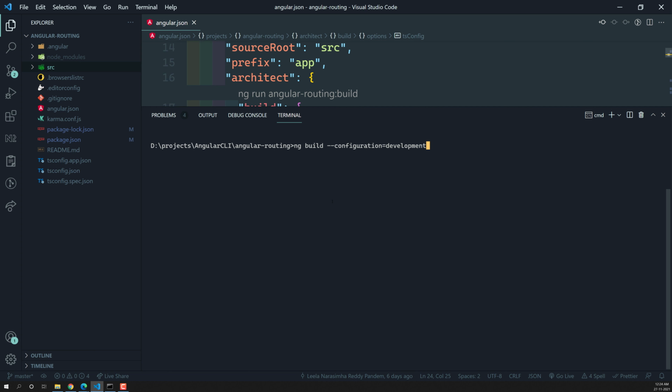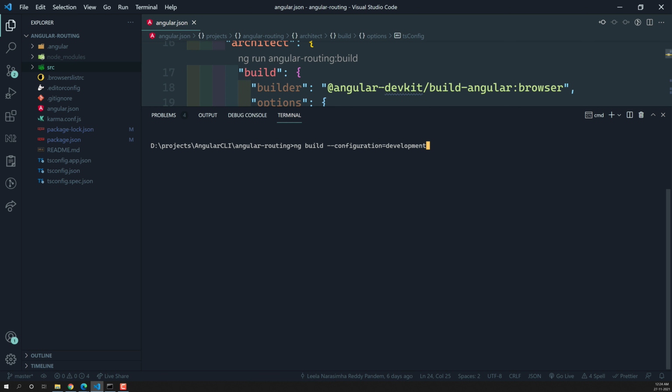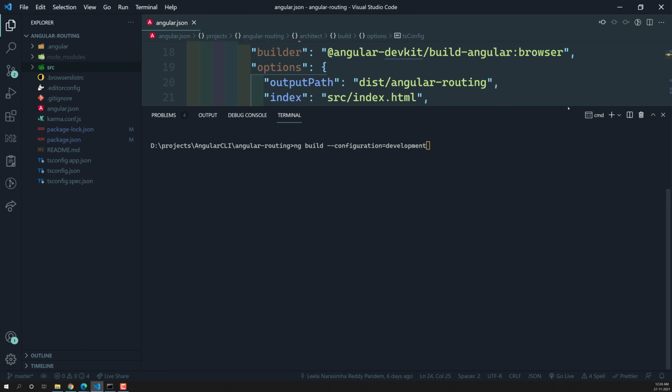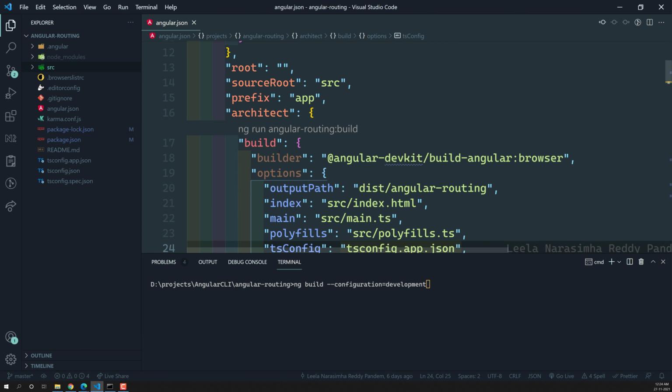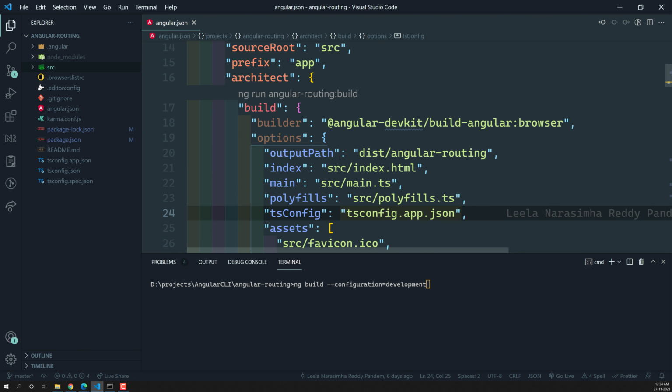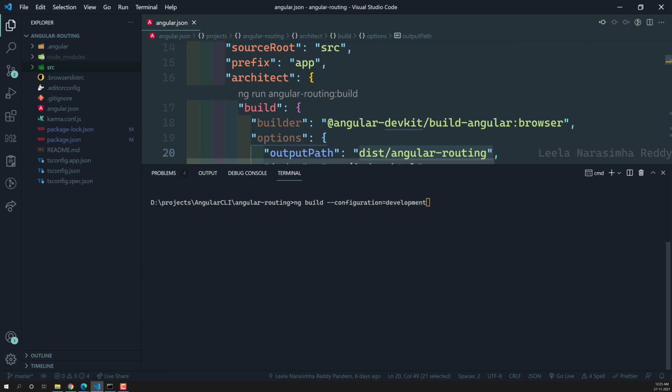Now when you run the ng build command, the generated files will not be kept in the memory. All those files will be created in the dist folder, with the name of the application inside it. That folder is the output directory, which you can see using the options. These are the options in the build, and here this is the dev kit output path. This is the output path that is going to be created. Now let's run it. If I run this ng build, let's see.